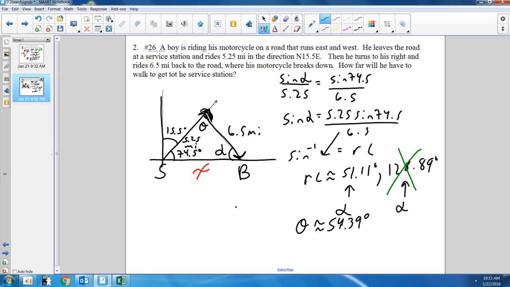And then at this point, remember, what I really want to do is solve for my x. I did all that work so I can actually use the law of sines again to get my x. Starting with your x over the sine of the angle you just found. And then you're going to say that it's equal to, now use the numbers that are given. Don't use the numbers that you found because you want to be as accurate as possible. 6.5 over the sine of 74.5. This one is more of a straightforward calculation of what your x is because you would just multiply both by this sine 54.39. And when you do that, you're going to see it's 5.48